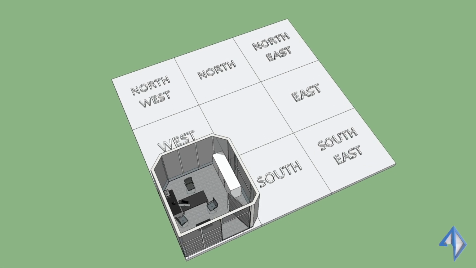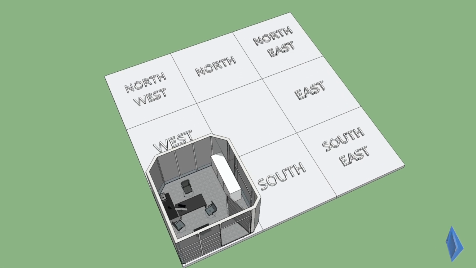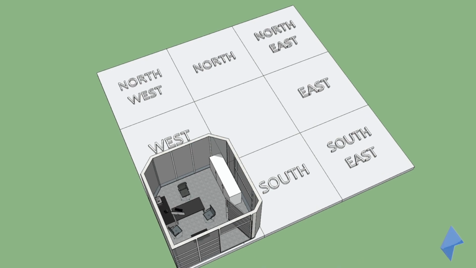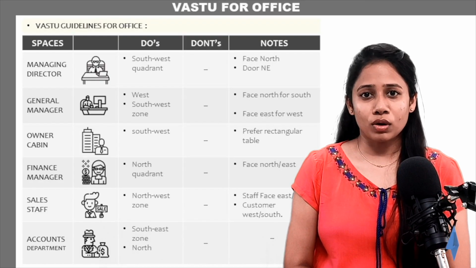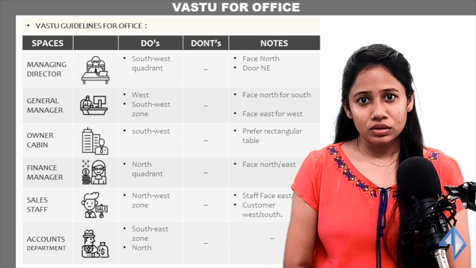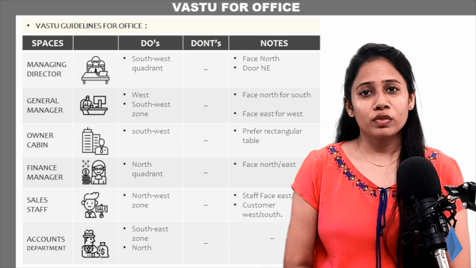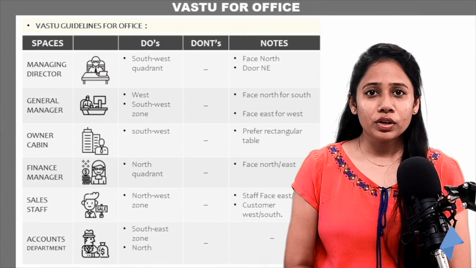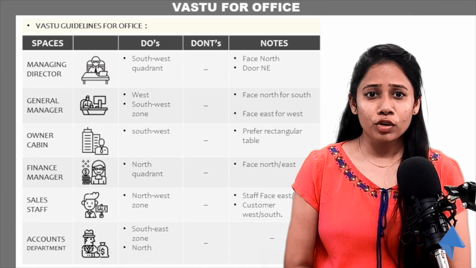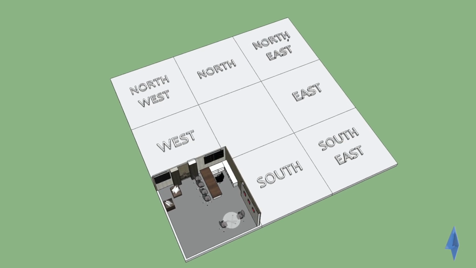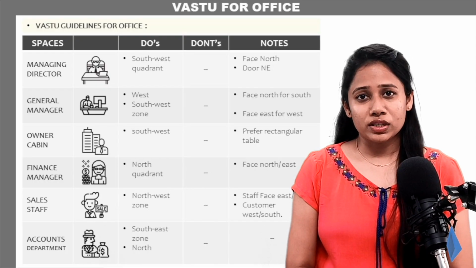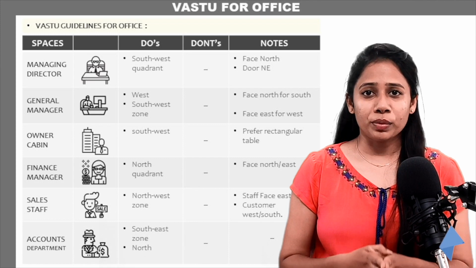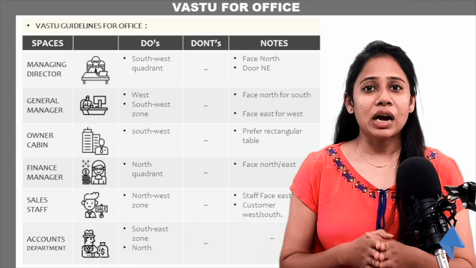part of the cabin. General manager should be placed in west direction and southwest quadrant or southwest direction. General manager should also face north for south cabin and face east for west direction cabin. Owner of the office, or let's say CEO of the office, should always occupy southwest zone or southwest direction. Making the cabin in southwest has a certain kind of dominance and gives you power over your